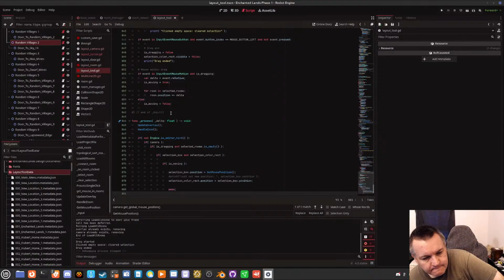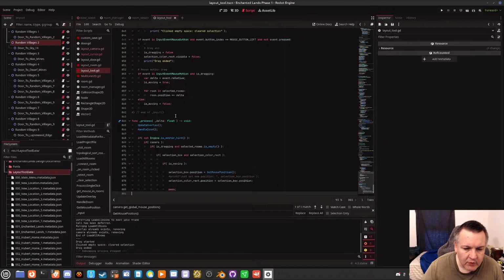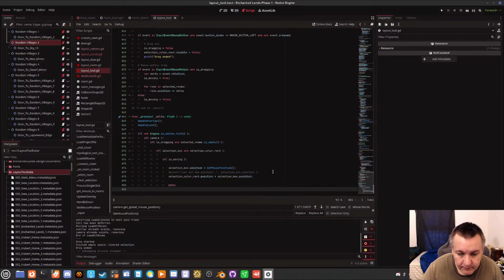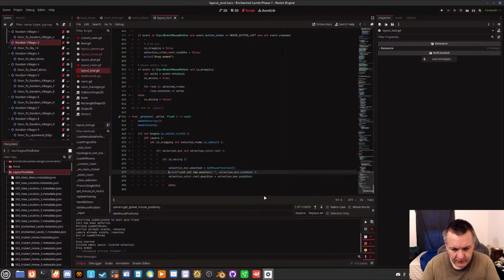And okay, so we want is moving. Put this print back. Instead of just set, we'll just put it at the end here.